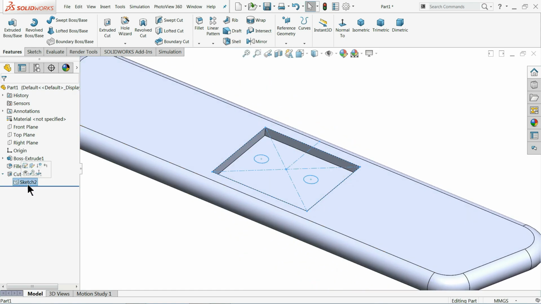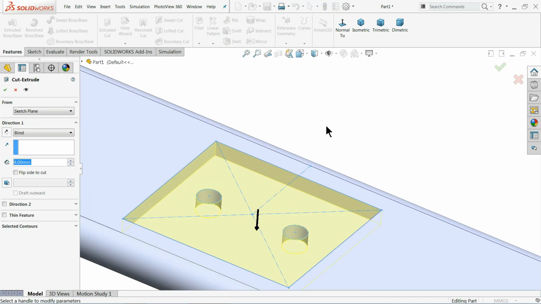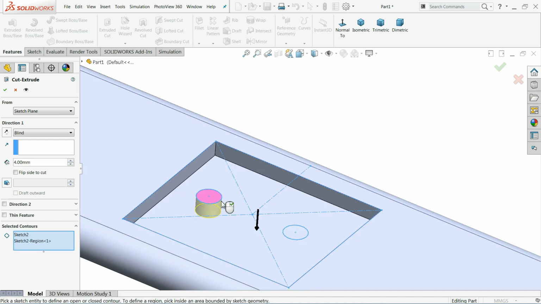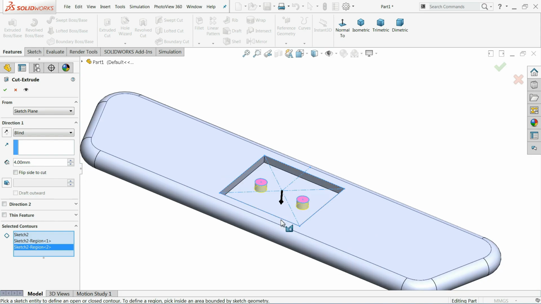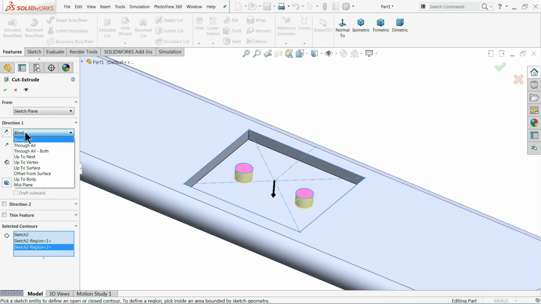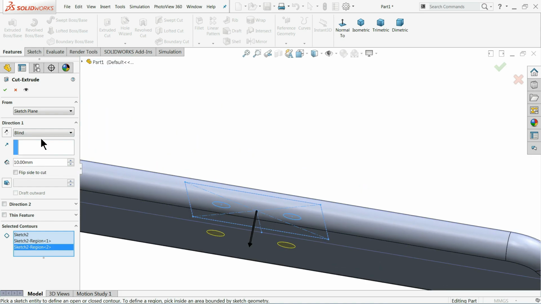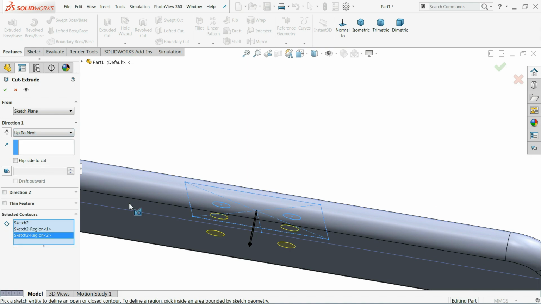Now again we will use the same sketch, extruded cut, and this time drop down the selected contour and choose these two holes only, and this time make end condition blind, thickness 10 millimeter. Either keep full length or you can choose up to next also, that is sufficient. The best thing is through all, but I don't recommend through all, up to next. This is the body.